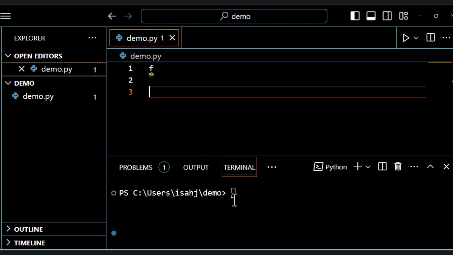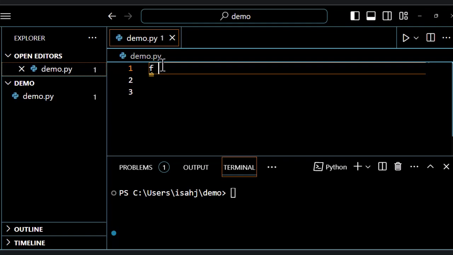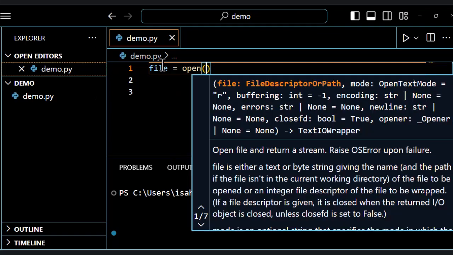Now let's dive in. Before we dive in, I want to show you some basics of file handling in Python. The first thing is I'm going to create a variable, and I'll call it file, equal to, and the first one I want you to understand is the open method. The open method allows us to open a file, and it takes two parameters. The first parameter is the file name. So I'll call this file